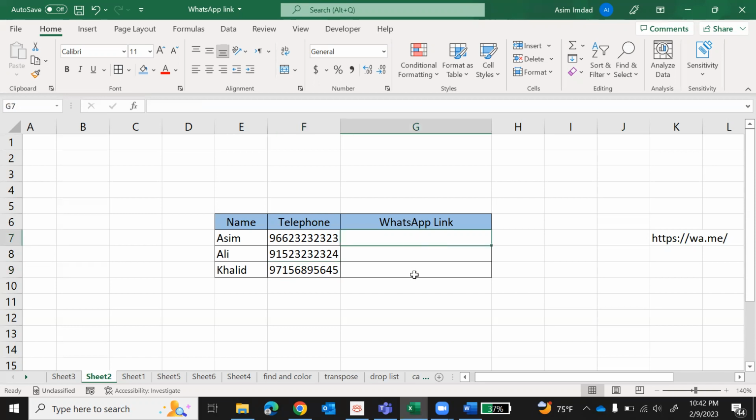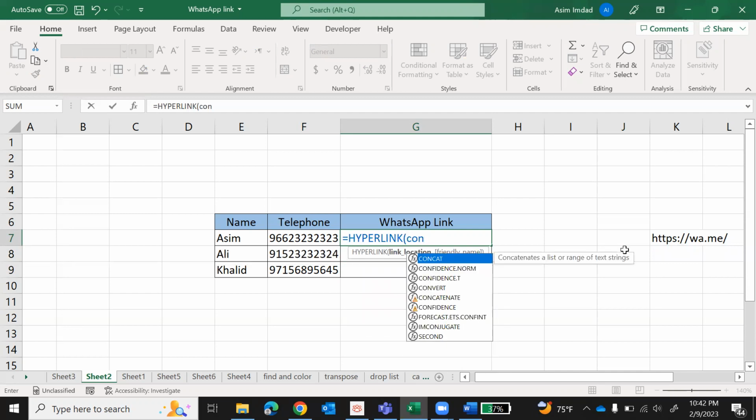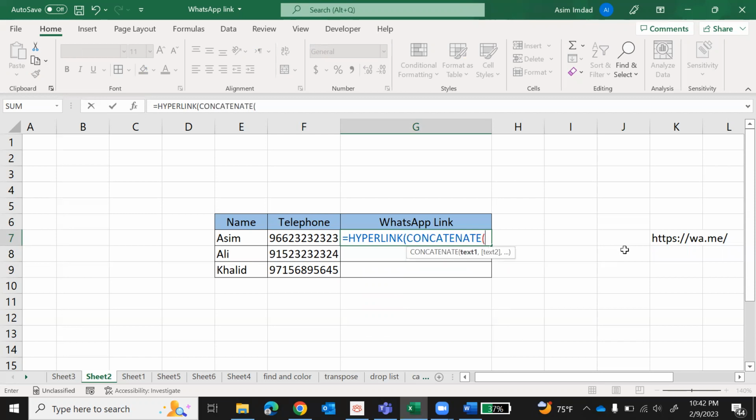Click the cell where you want to create the hyperlink, equal to sign, then HYPERLINK, again CONCATENATE, inverted comma start, https, wa.me/ inverted commas close, comma,